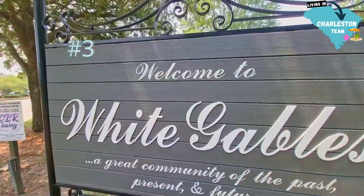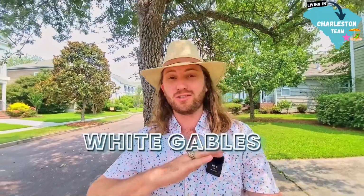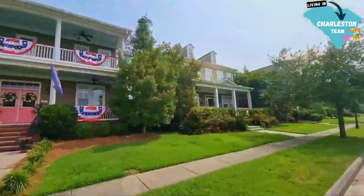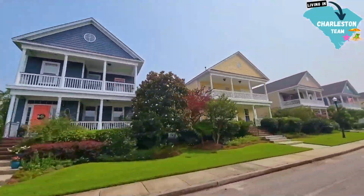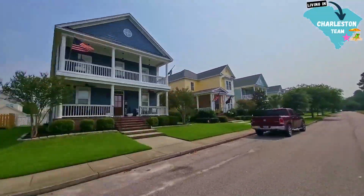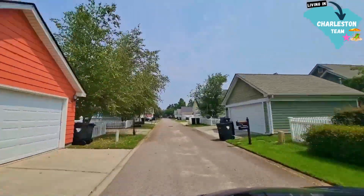At number 3 on our list is White Gables. This neighborhood exudes a charm, and the builders built it with Victorian and Charleston single-family architecture throughout the entire thing. The moment you come into this neighborhood, you can tell that it was built very thoughtfully and differently than most neighborhoods. This neighborhood has alleyway driveways, so all of the front-facing homes look beautiful as you go down the street,